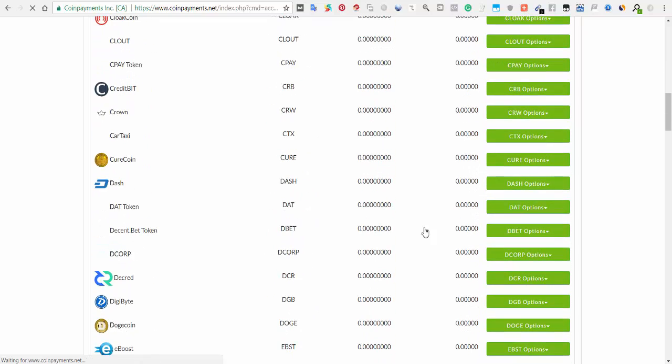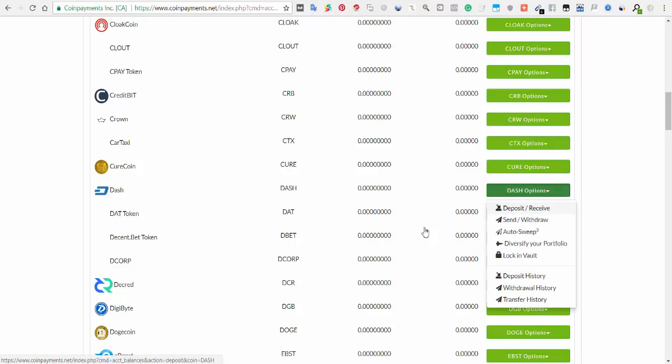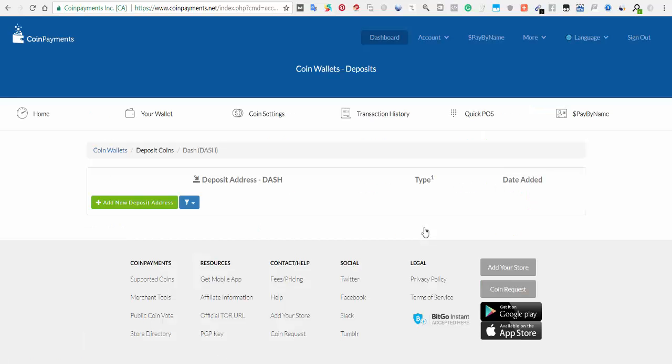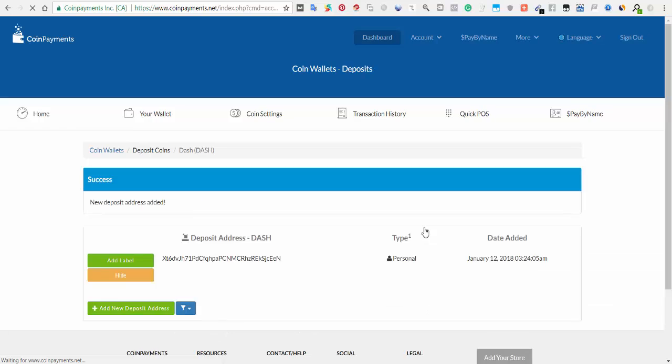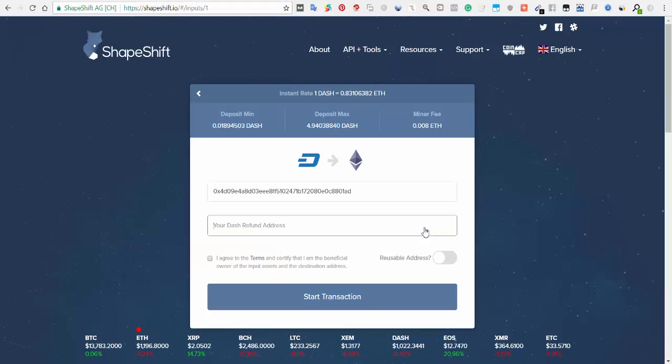Now we are going to say deposit and receive, because if they are refunding, we will be receiving, right? So this is it. Copy this, come back here, paste this,